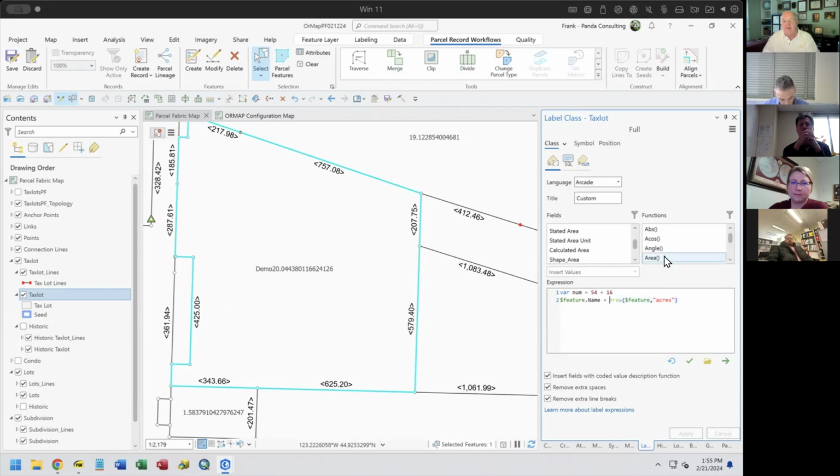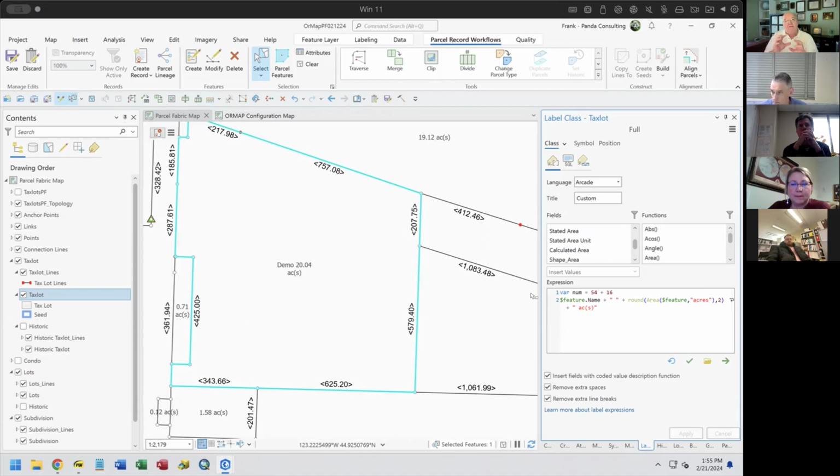Notice I don't have any separators in here. Let's put some separators in here and take that same area. All right, there's the area here. So let's round it up. Round it to 2 decimal places. All right, there's the 2 decimal places. And let's build on this again. All right, so I can build this expression up so that with very simple